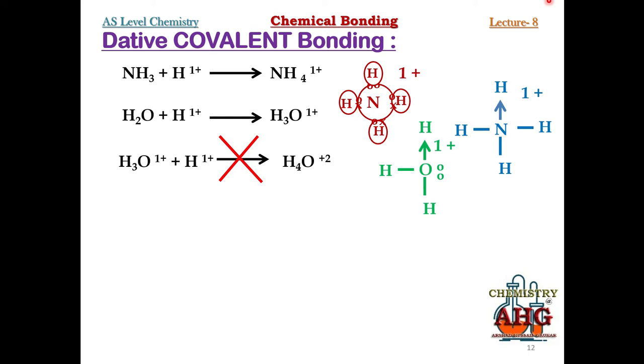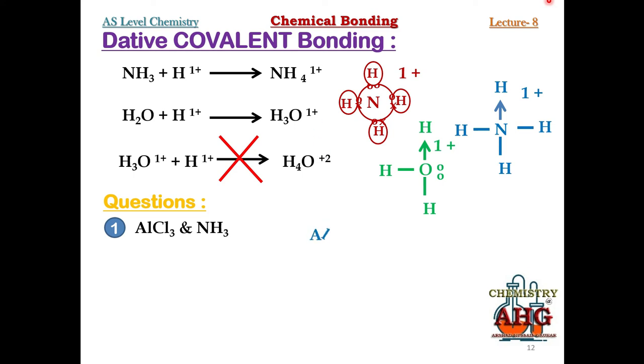Okay students, now some more examples, some more questions from your past papers related to dative covalent bond, and the type of questions that can be set in your exams. One question, you may be given two compounds and you can be asked to show dative covalent bond formation by giving a Lewis structure, a dot and cross diagram, or a dot and cross formula. Right now we are going to write down the Lewis structure for these two molecules. One thing you must remember: first of all you must write down the simple Lewis structure of these two molecules.